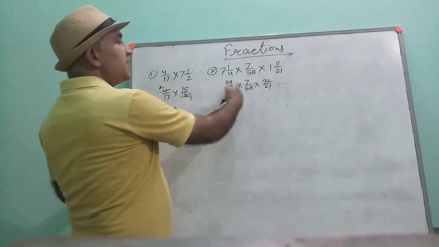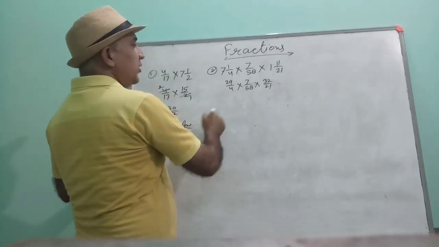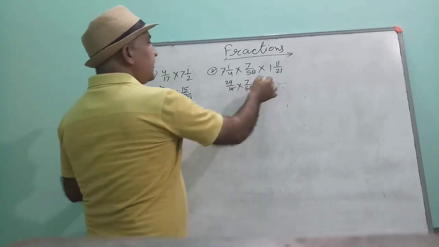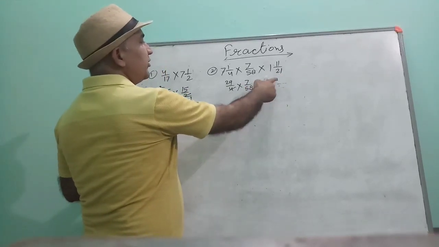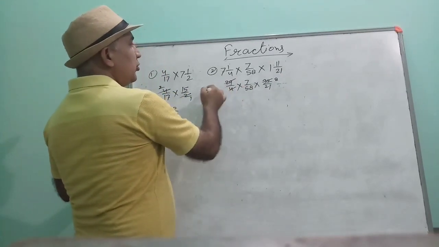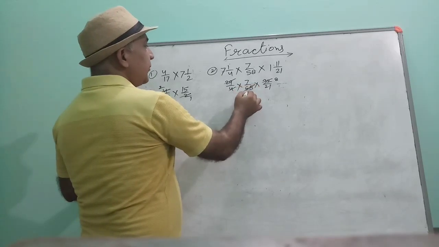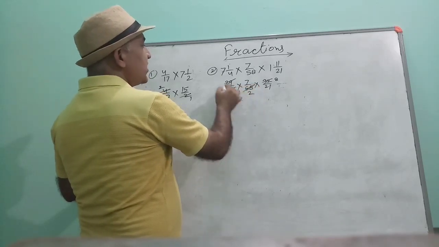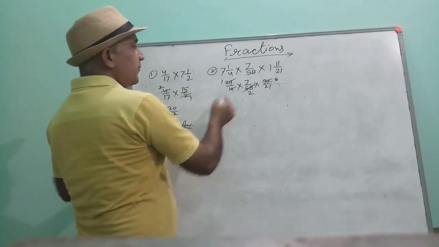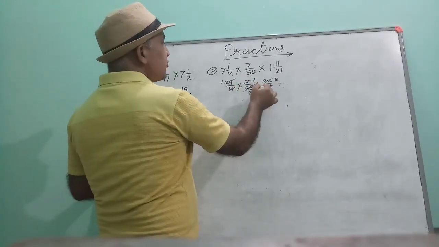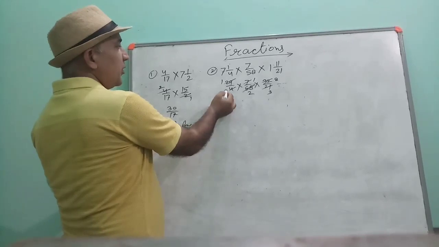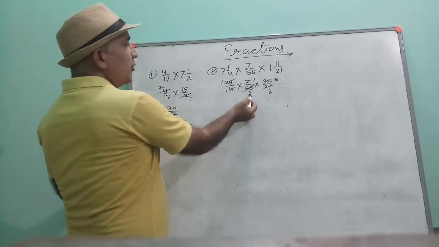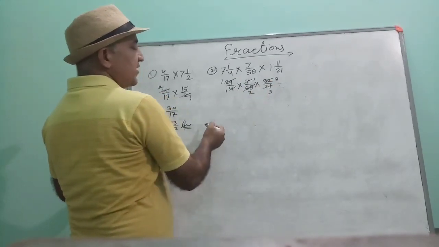You can see all these fractions are multiplying each other. So, denominator can divide the numerator. 4 can divide 32 by 8 times. Numerator also can divide denominators. 29 divides 58 by 2 times. Here 7 can divide 21 by 3 times. Understood? Here 1 upon 1 is remaining. Here 1 upon 2 is remaining. Here 8 upon 3 is remaining.